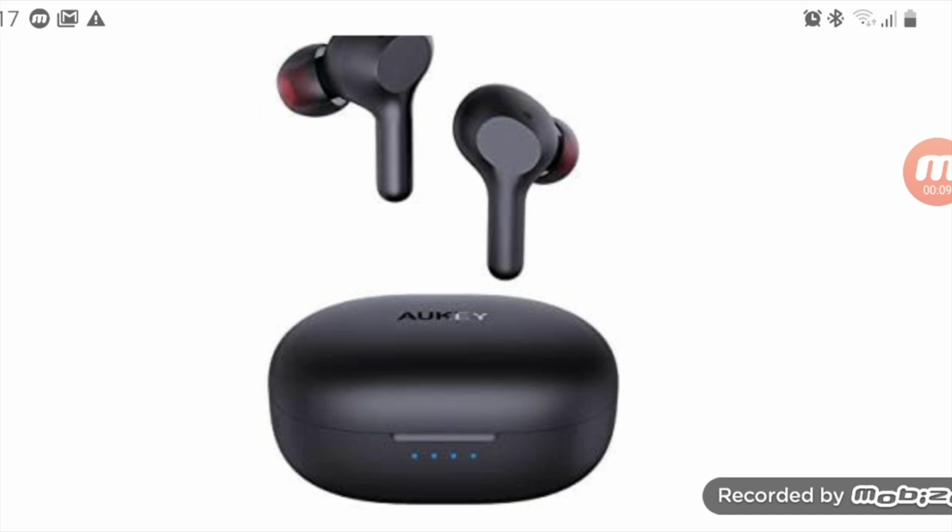By the way, this recording is done by the earbud itself. This recording is the real sample of Aukey EP-T25. EP-T25 comes with USB-C charging, and charging case gives you 20